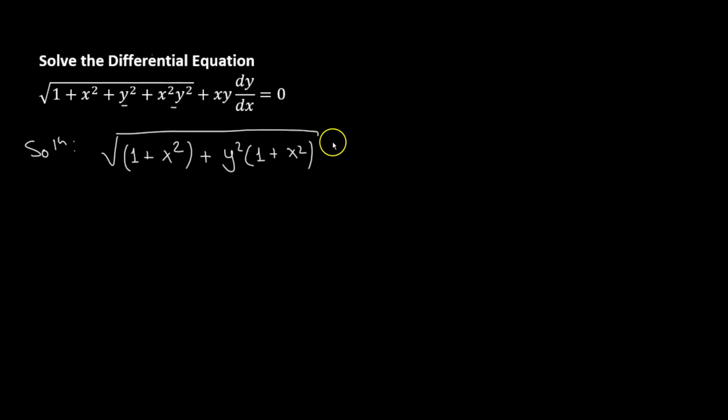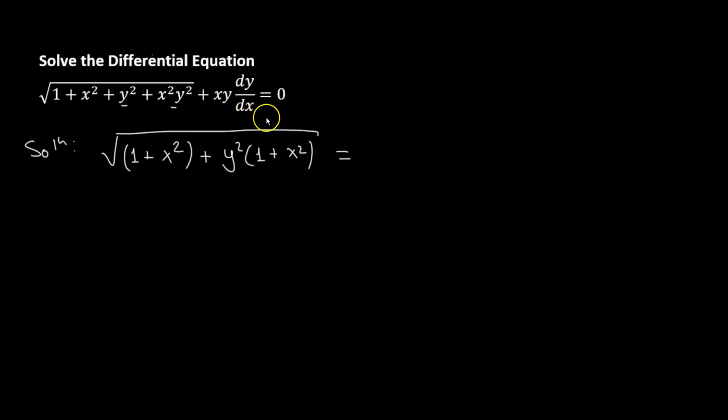So here we have another differential equation. Let's begin by rewriting it as square root of 1 plus x squared. We'll consider this as a single term, plus, from the third and the fourth term we're going to take y squared as the common factor, so that will get multiplied to 1 plus x squared whole square root